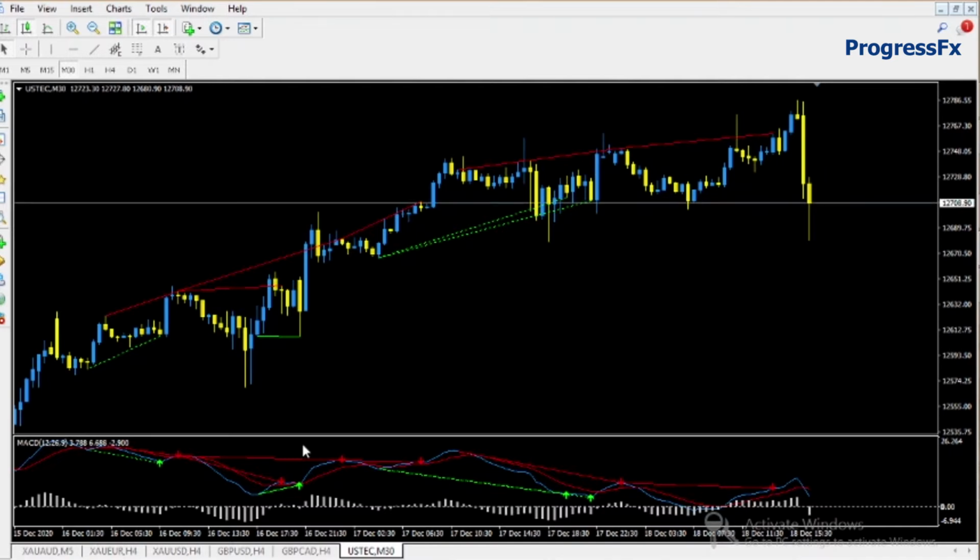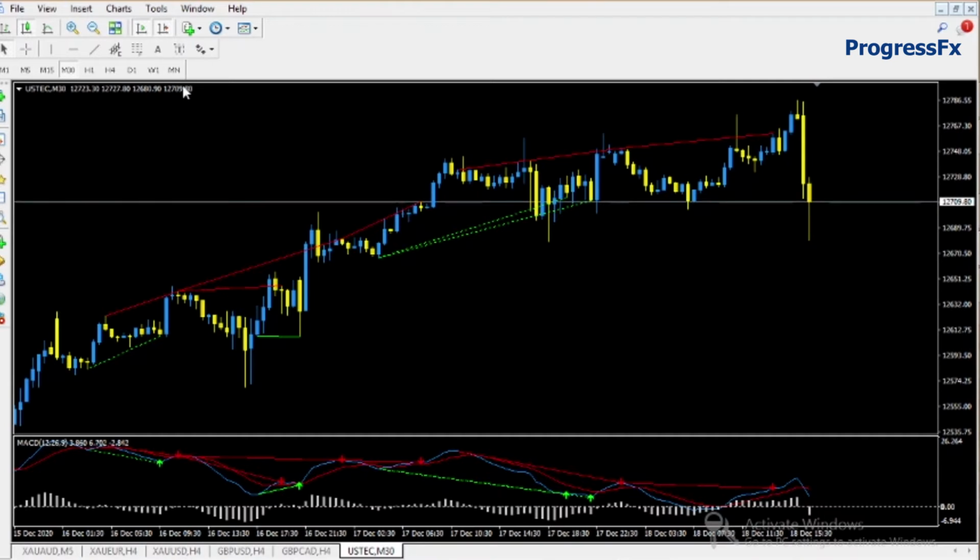But one thing, like I said, is that it is best when you are trading using this particular information which I gave you about the histogram and the signal lines, whenever it is above the MACD zero line level, and the shooting up and down of the histograms. You have to watch the first video in order to understand this properly. So in this video, let's go straight and add